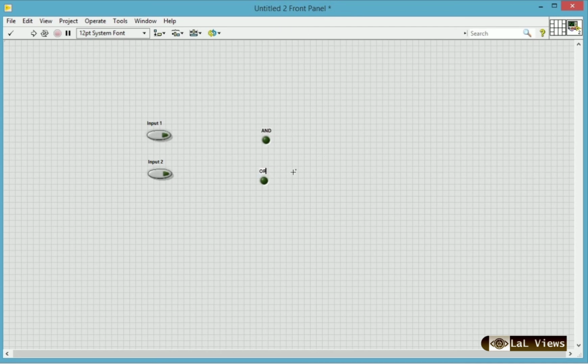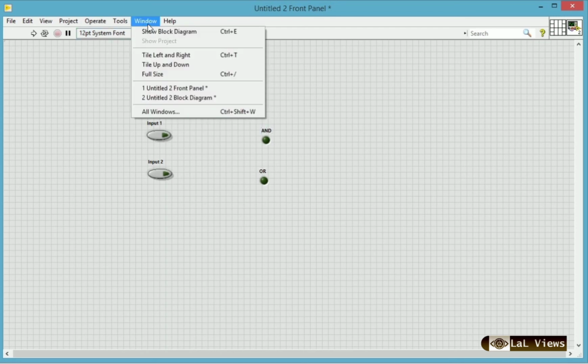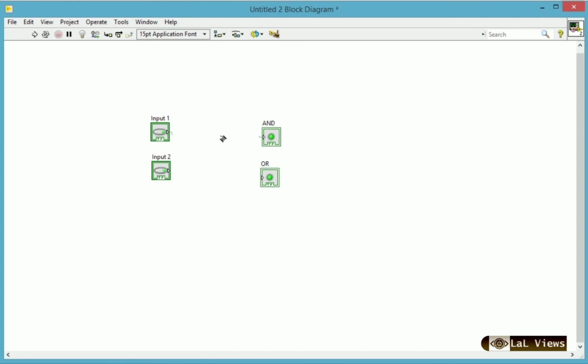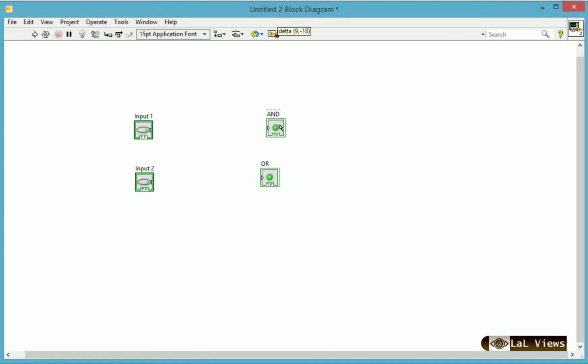Okay. Now in the block diagram, 2 inputs are there, 2 outputs are there, the AND output and OR output. So we have to perform the AND operation as well as OR operation using these same inputs, that is input 1 and input 2.